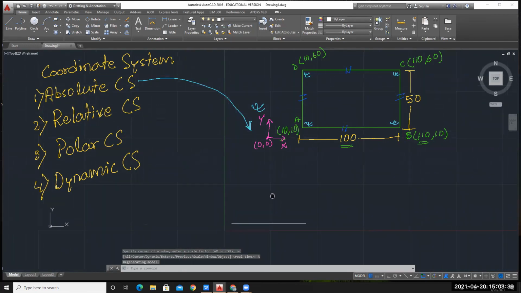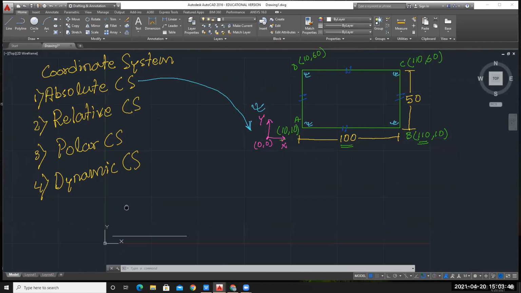So this is the line. If you press the scroll key on your mouse, you can pan it, means you can move whatever you have drawn. As you can see, a symbol of hand is visible on your screen. With that, you can move whatever you have drawn in your AutoCAD. Okay, if you scroll in, scroll out.